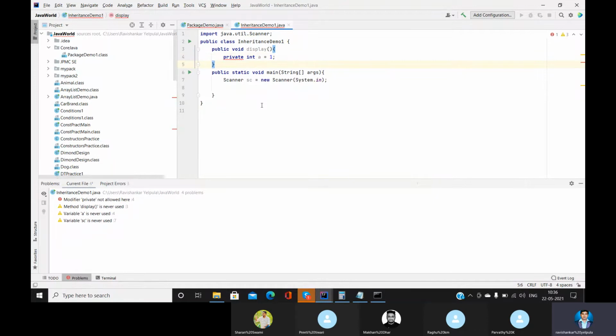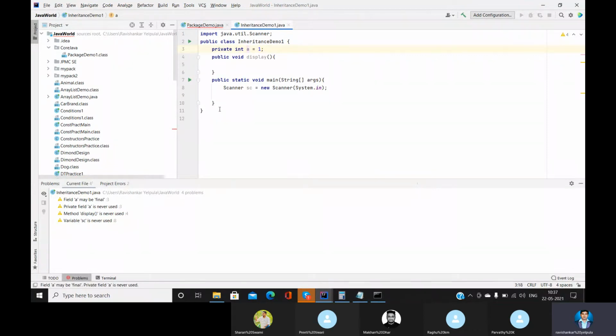So inside the method we can't use private. That's the reason this is throwing an error. Let me tell you what this private is. The modifier private will not be allowed anywhere inside a method. So private will be used just within the class. A class variable can be private, but a method variable cannot be private. But if I use this private int a in this particular class, then even if you create the object of this class, InheritanceDemo, you can't access this particular variable int a. Okay, I'll show you the demo.